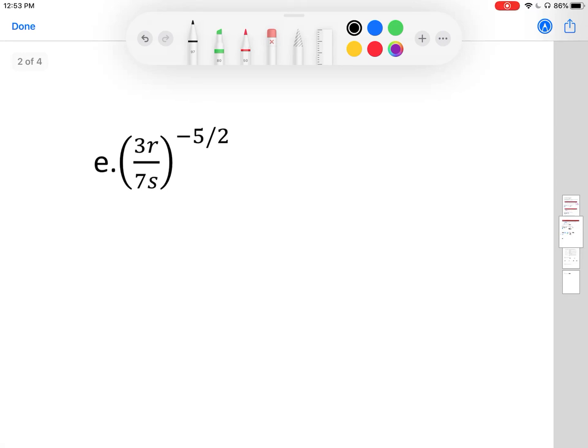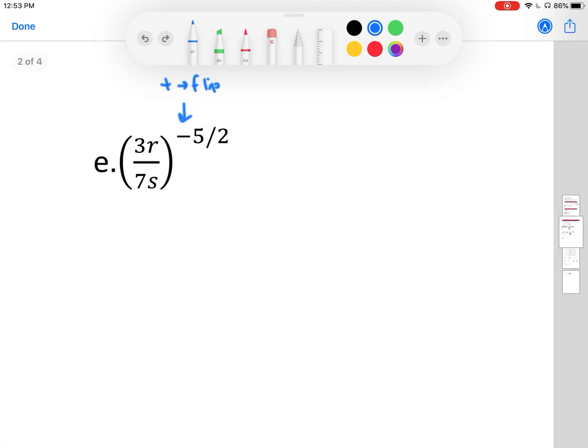Let's take a look at E. Now, what I like about this one is it brings up another one of our exponent rules. This negative exponent applies to all of our fraction. Why? Because we have these parentheses, and these parentheses tell us that it applies to the entire number. So if I wish to make that exponent positive, I have to flip my entire fraction